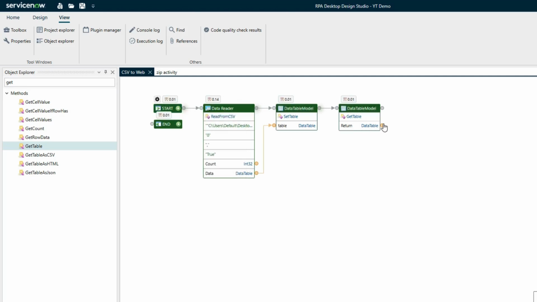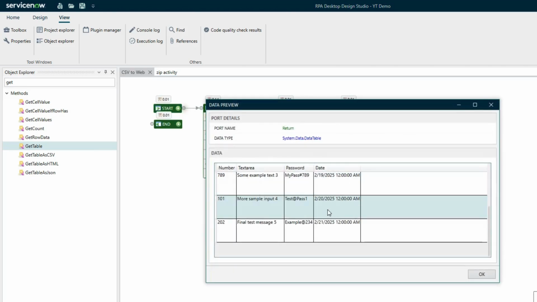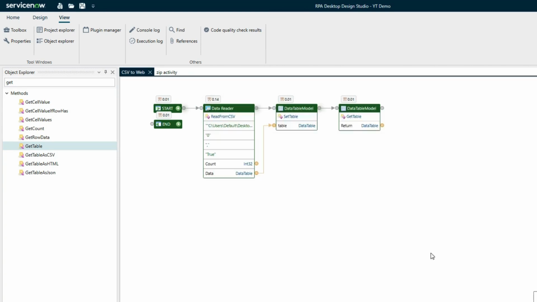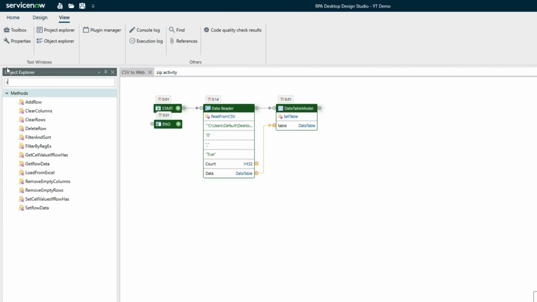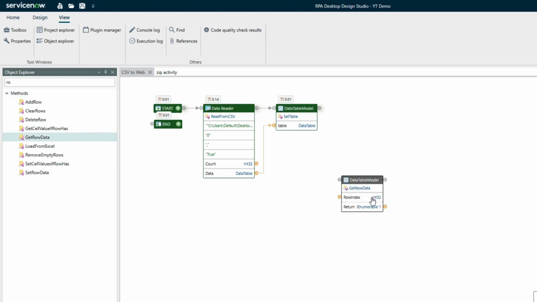I'll run from here, and if you see, you will be able to view the same table that you get from here. And after you set the table, then you can use any other data table method. You can get each row. Now in order to get the rows, you have something called get row data, which will give you